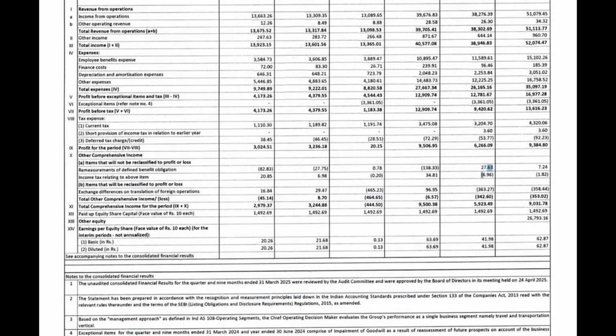So there are other remeasurements, exchange differences on transactions of foreign operations. So these are not very high amounts. This line, if you look here, it's 342, 353. This is essentially 3.5 crore. This is 3.4 crore. It's not very high compared to overall figure. It does make some dent. From 62 crore it comes down to 59 crore.